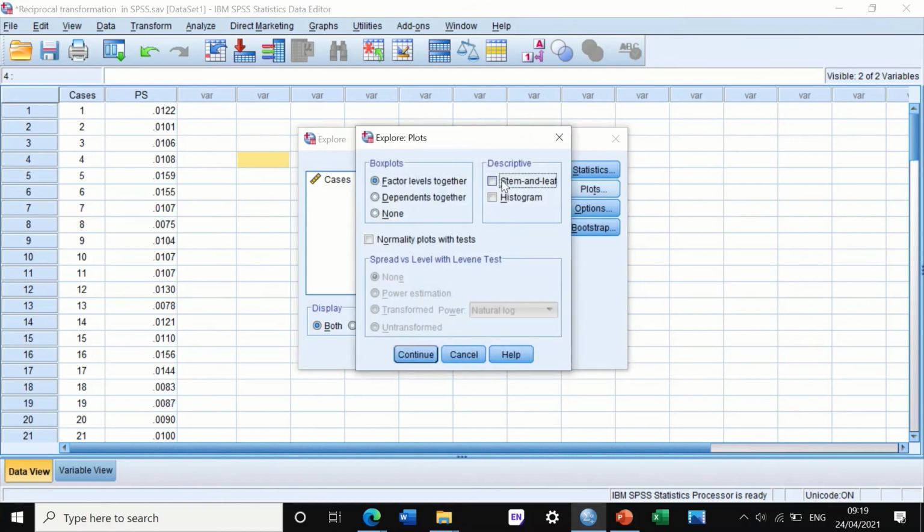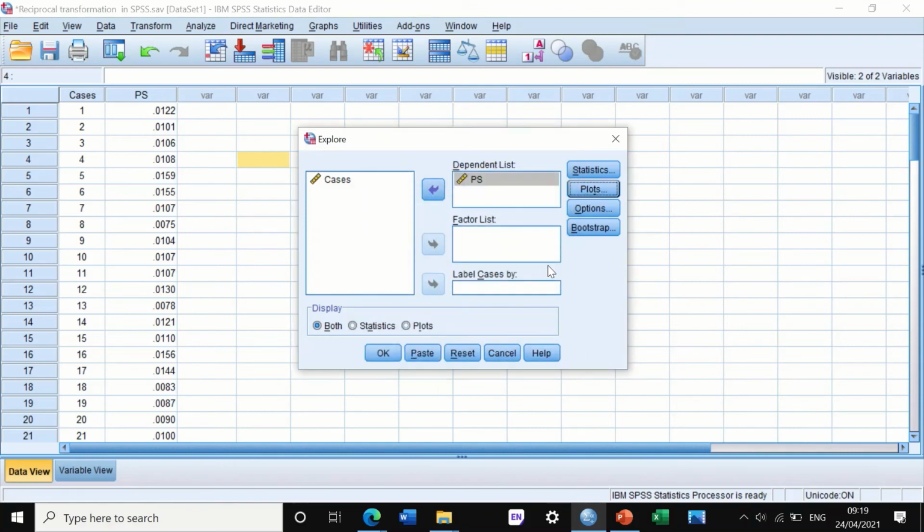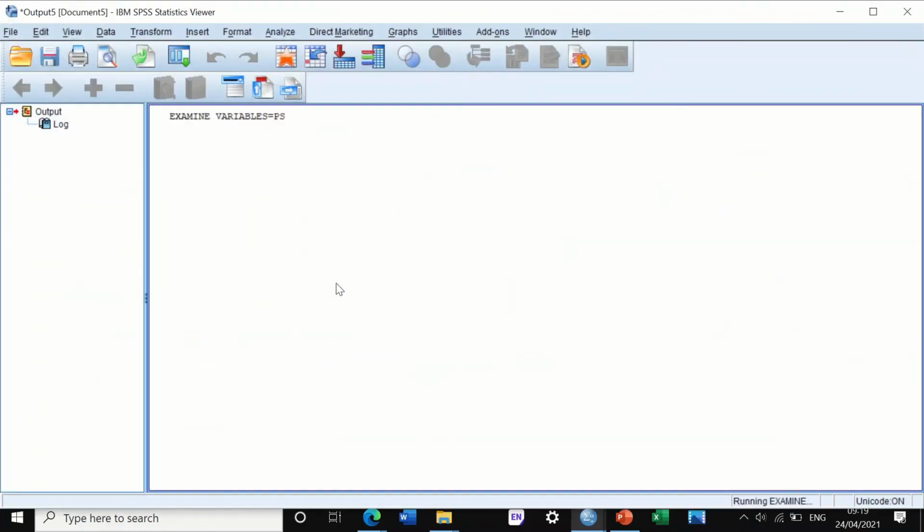I'm going to untick stem, tick the histogram, and tick normality plots with tests, as I will use the statistical test in SPSS to work out for me whether the data are normally distributed or not. If I click on Continue, then click OK,